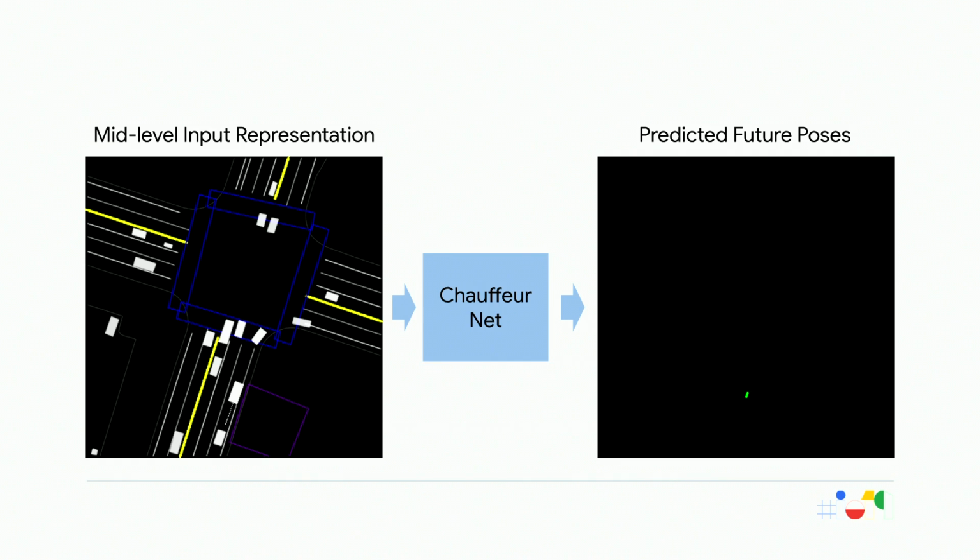Now, there are a number of advantages to this particular representation. First, since we are using perception output, it allows us to decouple the complexity of learning a perception system from the complexity of learning a driver. Then we can also use any other perception algorithm independent of how we train the model. And finally, if we want to train and evaluate in simulation, we can do it without having to bother about how we would actually generate sensor data in simulation, because perception can be generated much more easily in simulation.